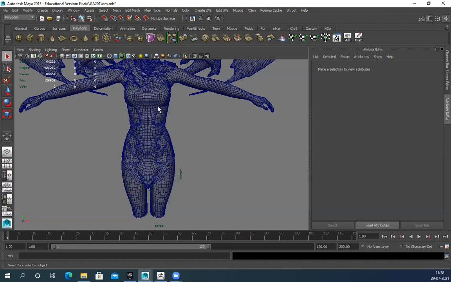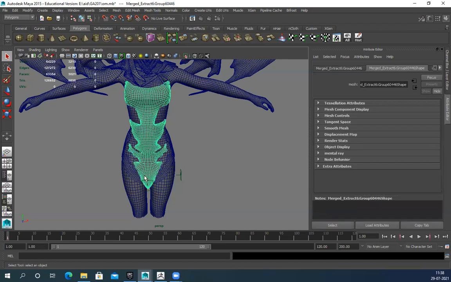In a few cases, especially with organic structures like this, it works beautifully. For hard surface, it might create some corner distortion, but most of the time with organic things it works beautifully. The poly distribution is really good, and the loops are most of the time very good. But there are cases where it messes up the loops, which we can still modify and fix manually. So you can check that also. That will save a lot of time for you.